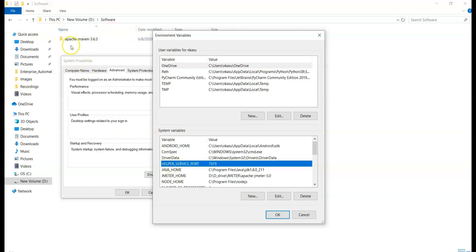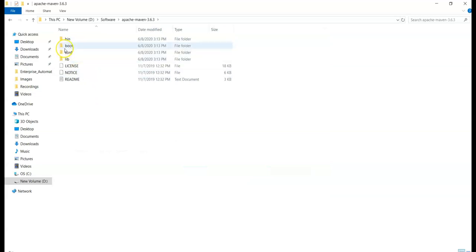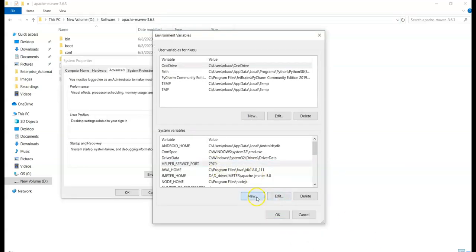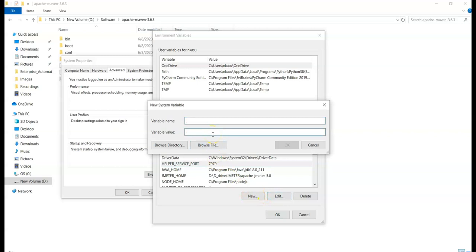One is for Maven home directory, and we need to append the path variable to bin path. So first one we need to set up Maven home directory. So this is the Maven home. So new one, variable value is home path of Maven, and you can give Maven underscore home or m2 underscore home.